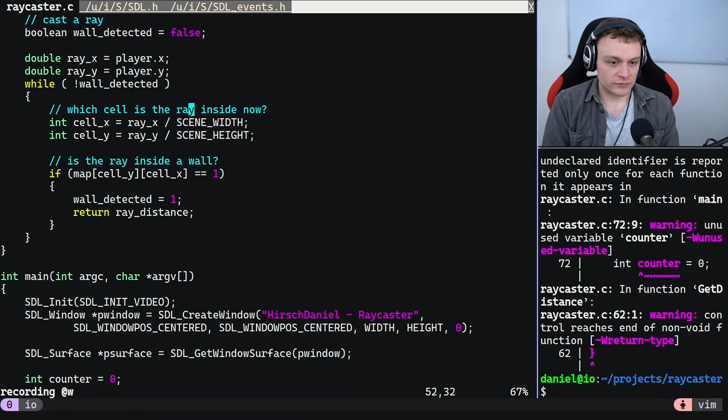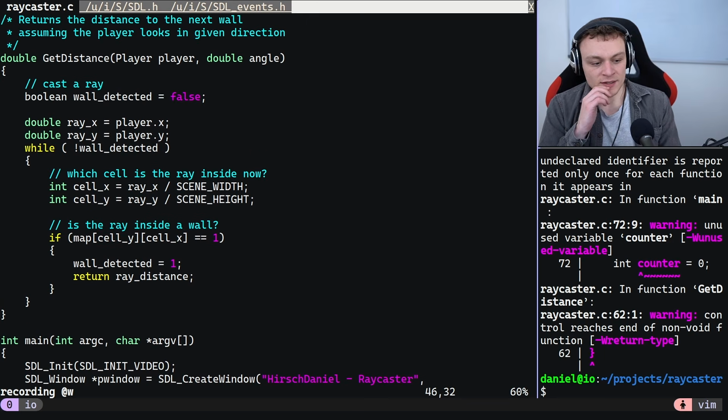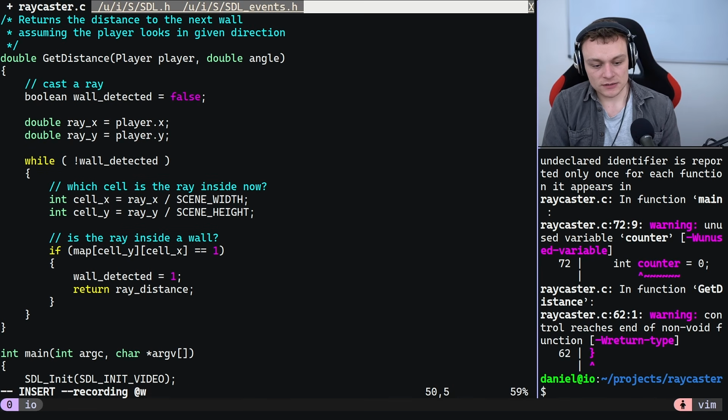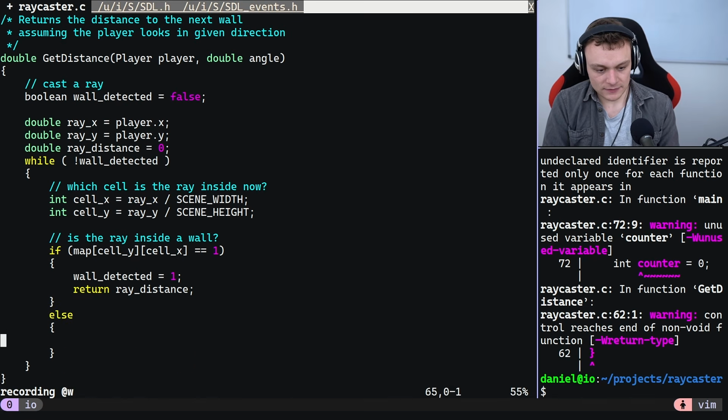The ray distance is a new variable that we need to create. So here, is the ray inside a wall? If yes, we return the ray distance. Okay, that's great. Ray distance is at first 0. And it's also a double. And else we increment the ray distance by